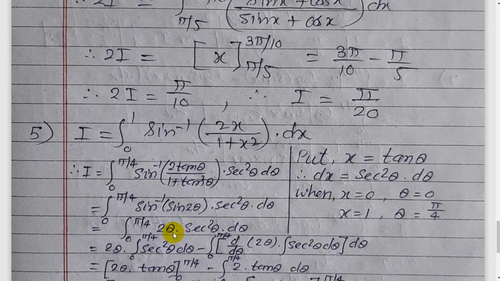So no need to interchange the terms as u into v or v into u. 2 theta multiplied by sec square theta d theta will be the same for the formula: integral of u into v dx equals u into integral v dx minus integral of d by dx of u into integral of v dx, whole dx. You use a rectangular bracket from the beginning to the end after integration. And you know the formula very well from the previous questions and also the previous lectures.